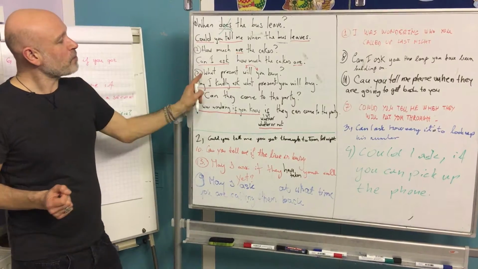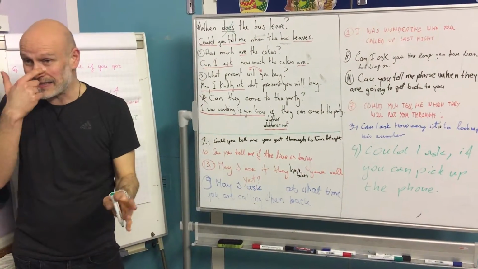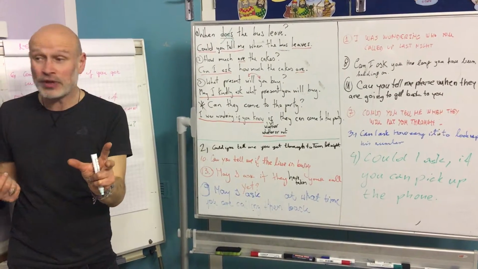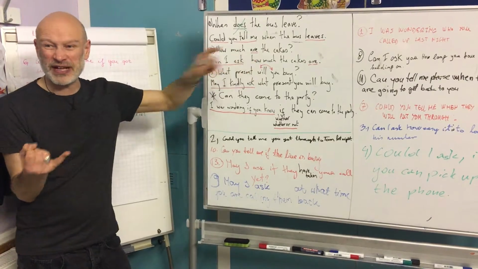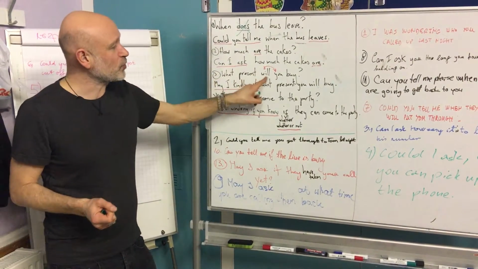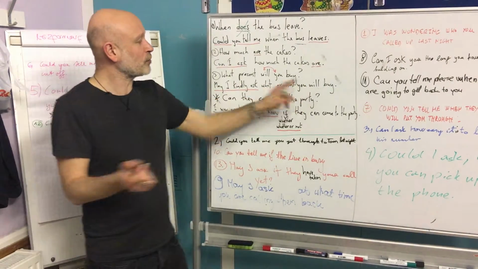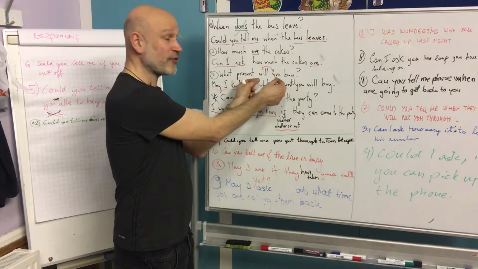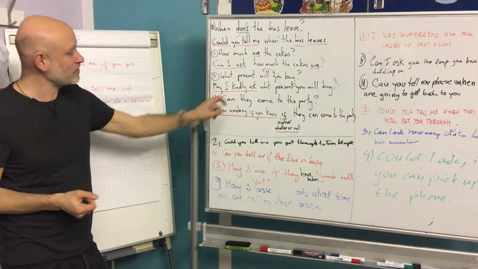Number 3, what present will you buy? This rule is for all other tenses. It's also for present simple if you use any other auxiliary verb than do or the verb to be, like can, any of the modal verbs. So, what present will you buy? Future simple. May I kindly ask what present you will buy? We just take the auxiliary verb and the subject and we switch them around. Don't forget to add the introduction.